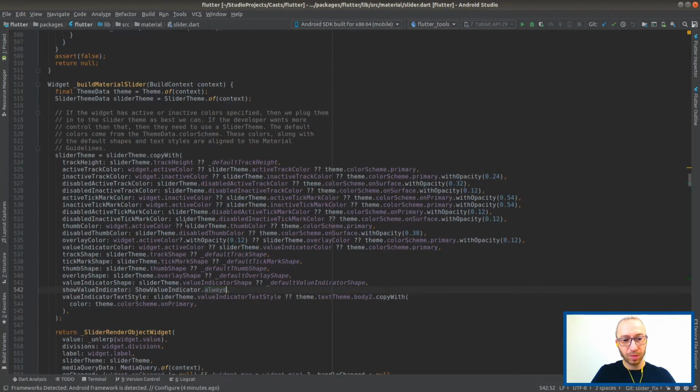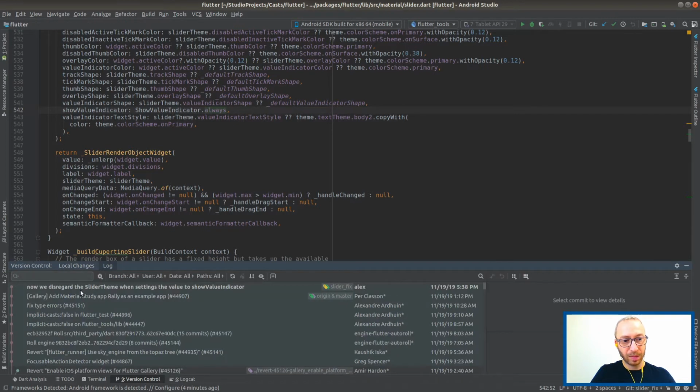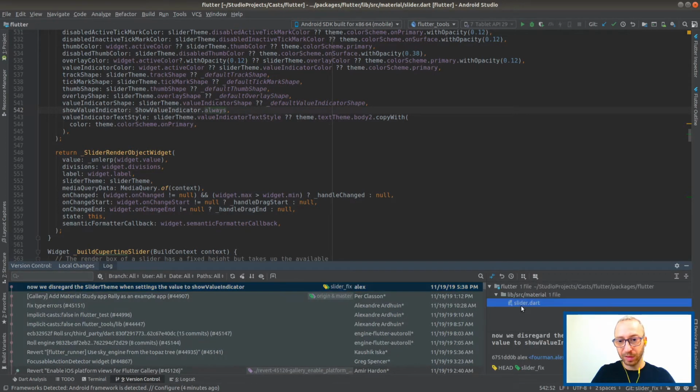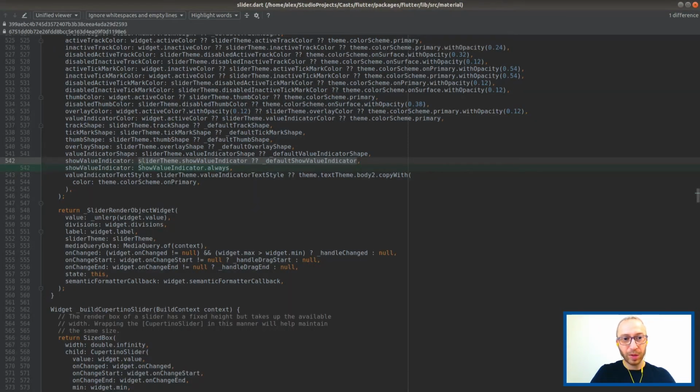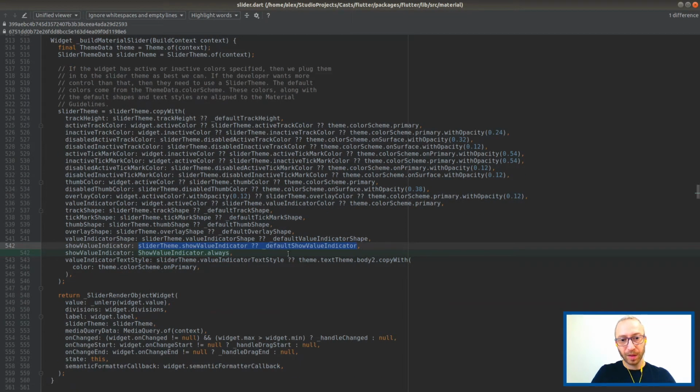If we go over here, we can see in the log that we did a commit, right? So we changed the value of the show value indicator from being whatever was given in the theme or the default value to just being always, which is not a good solution, but it works, you know.